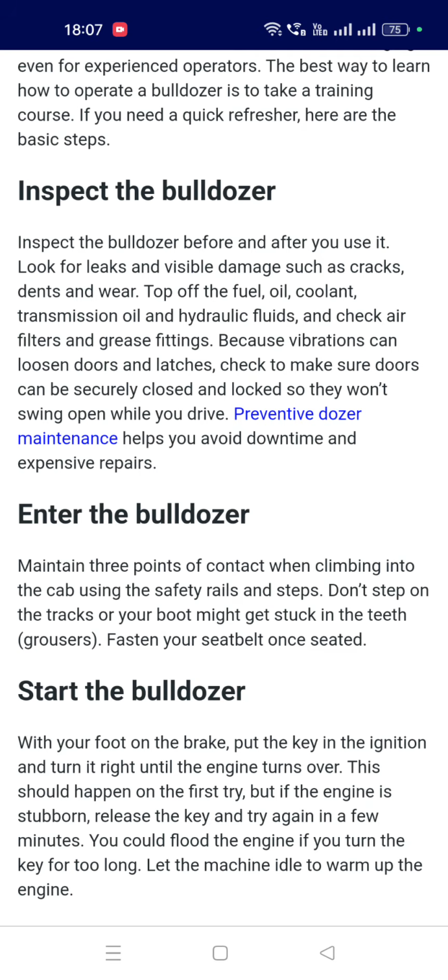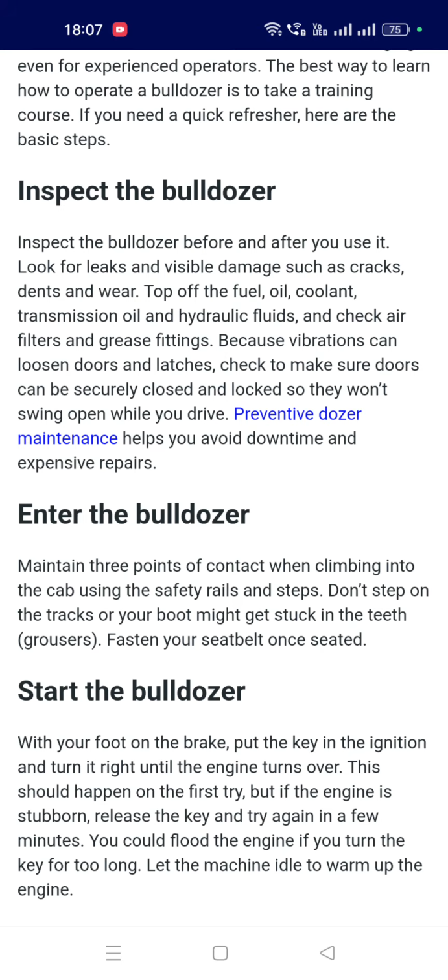Inspect the bulldozer. Inspect the bulldozer before and after you use it. Look for leaks and visible damage such as scrapes, dents, and wear.